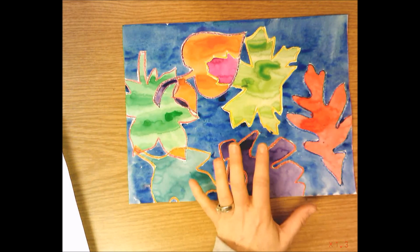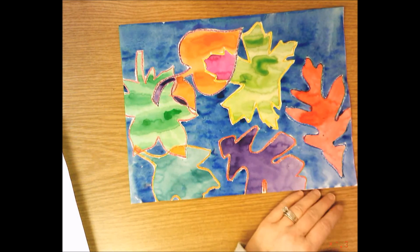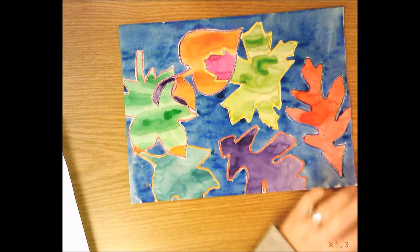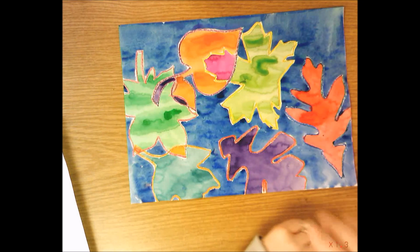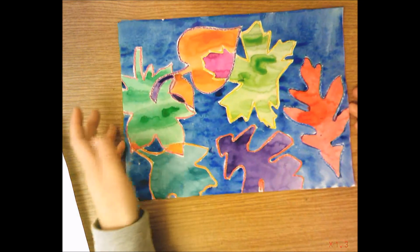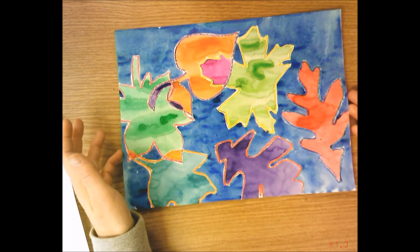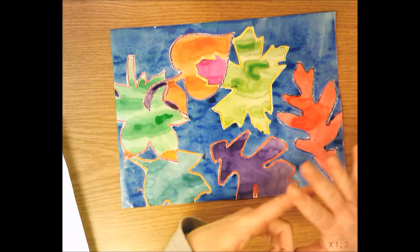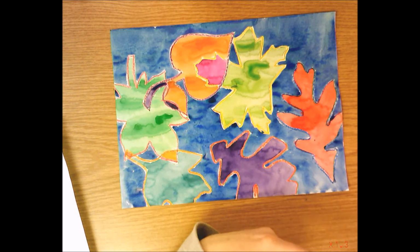And the whole paper should be painted. There shouldn't be any white poking through. I mean, I do have little smidges of white here and there by the crayon, but you should paint in your whole paper as much as possible. And then you're going to put this on the drying rack with your placemat underneath it, your manila paper. And you'll put your paint tray away, and we'll collect paint brushes and